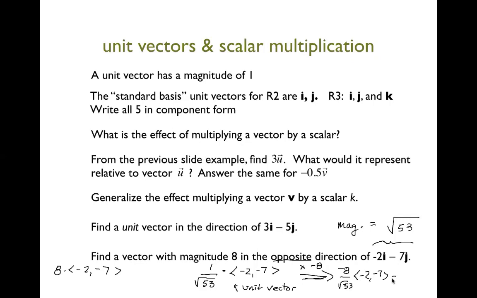So what will that be? Positive 16 over radical 53